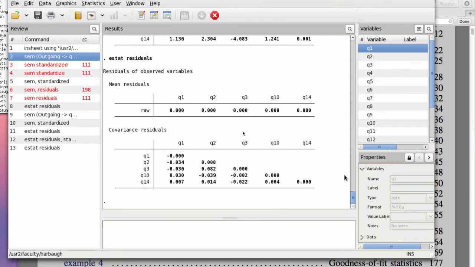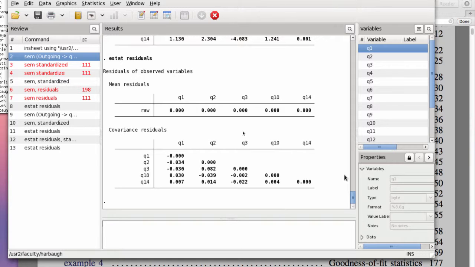Everything is actually less than 0.04, and there's a couple that are in the 0.03 range, but the two biggest ones look to be Q3 and Q2. Now, I would actually more ideally like to look at the correlation matrix with this, and actually we can look at all of them, but that's where we'll